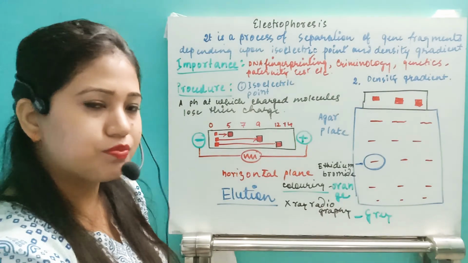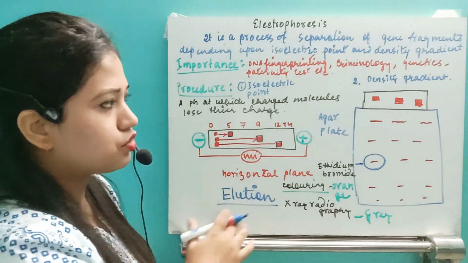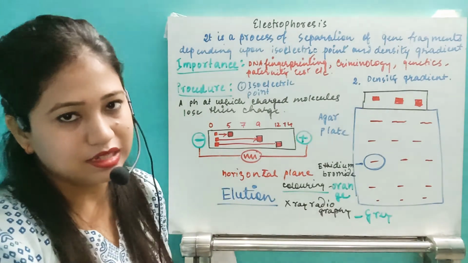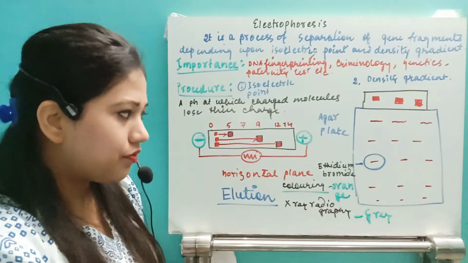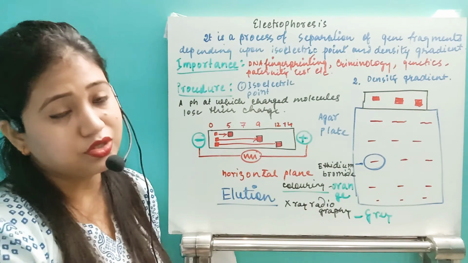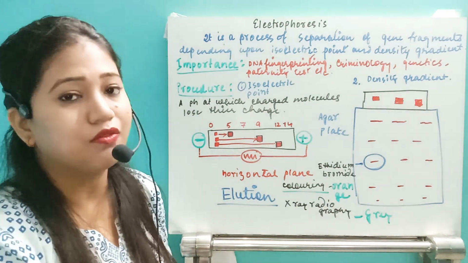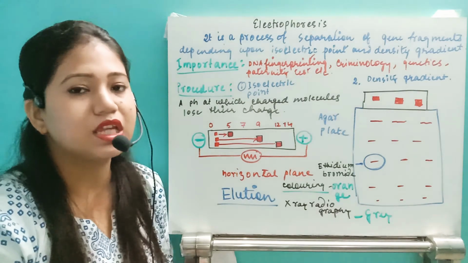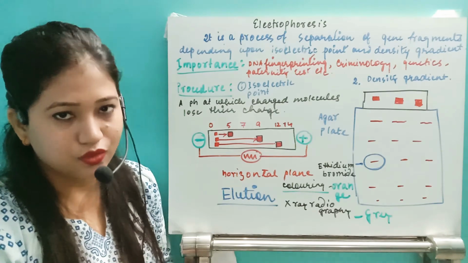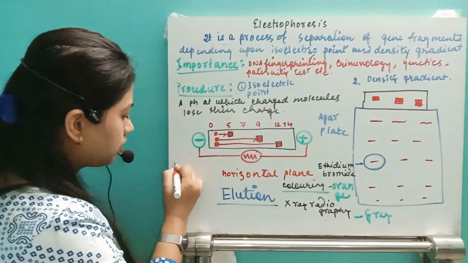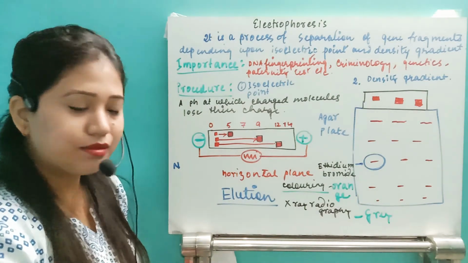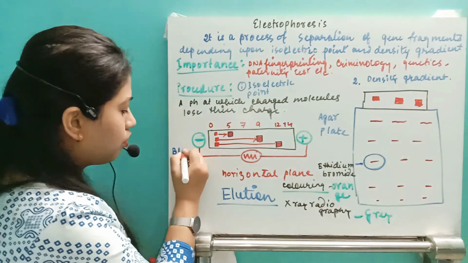In this electrophoresis process, we need to know, actually this is a two-dimensional process. One is the isoelectric point, another is the density gradient. Then after that, for the separation, we have another technique also. If it is not the elution process, then we can have other processes like the blotting technique. In blotting, we separate the gene fragment from the agar plate onto a nitrocellulose plate. We will not discuss it here because it is not given in your syllabus.